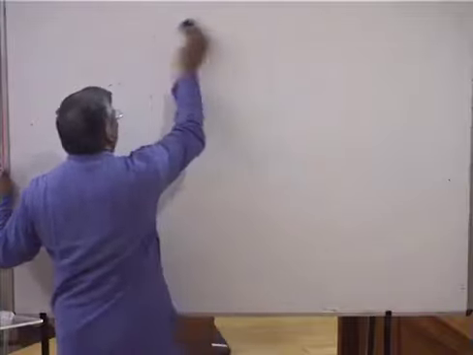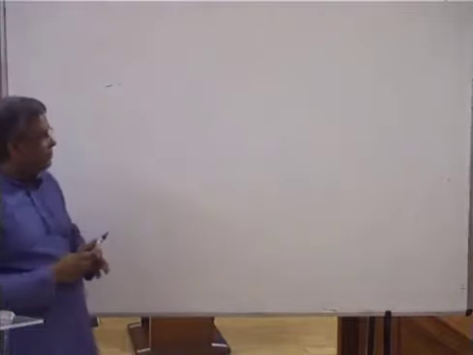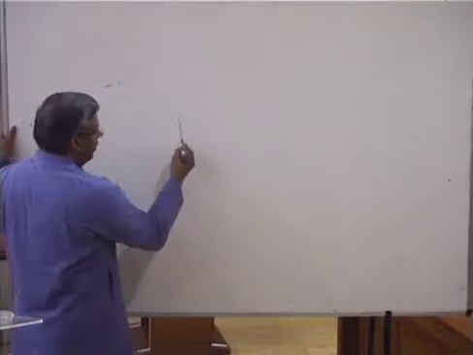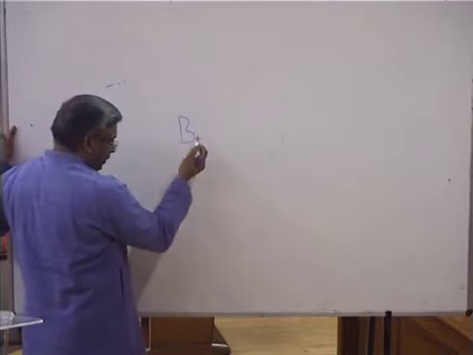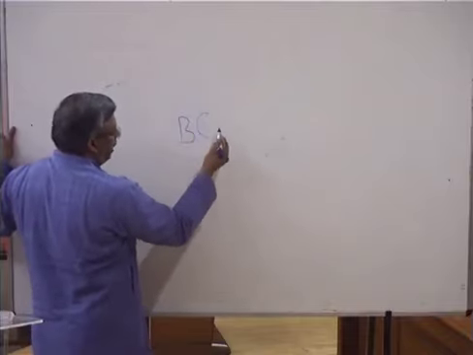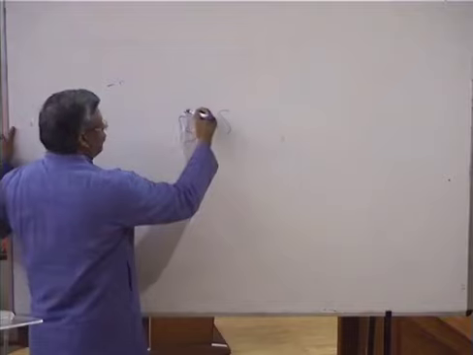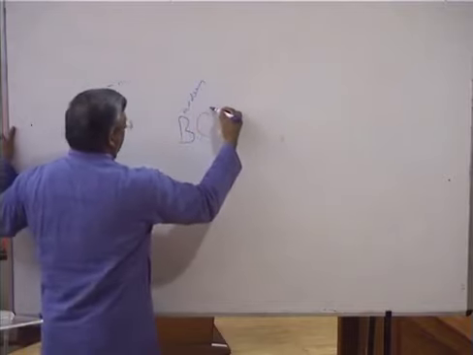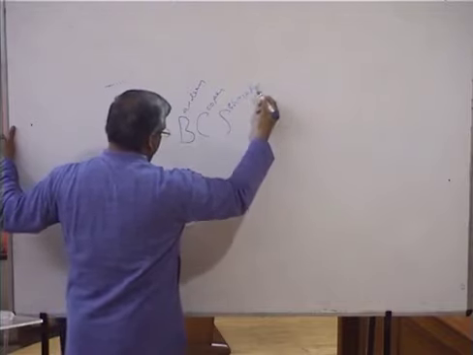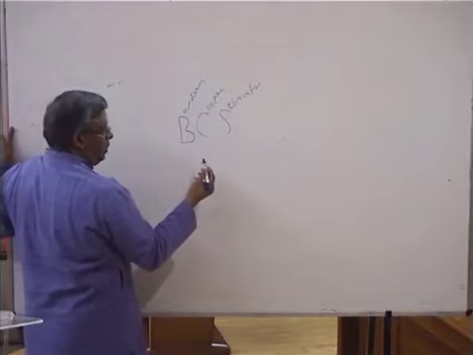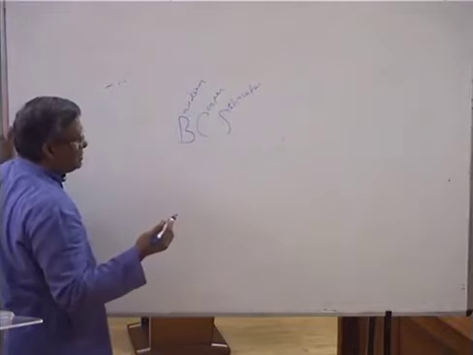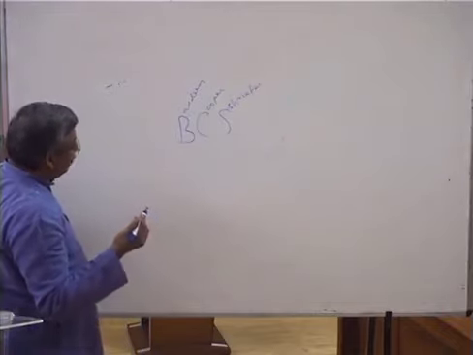Now, people always thought, why should it happen like this? And the answer to this question was given by a group of scientists, and the theory is named after them. B stands for Bardeen, the first scientist, Cooper, and Schrieffer. These are the three, Bardeen, Cooper, and Schrieffer. The scientists together developed a theory to explain why this happens. Why is a very important question in physics. It's not just to understand some phenomena. We should be able to say why this happens.